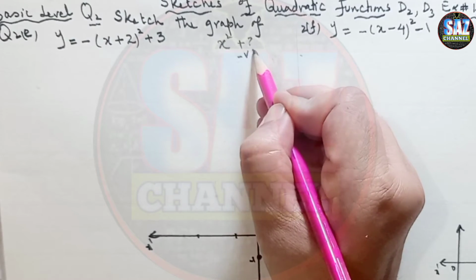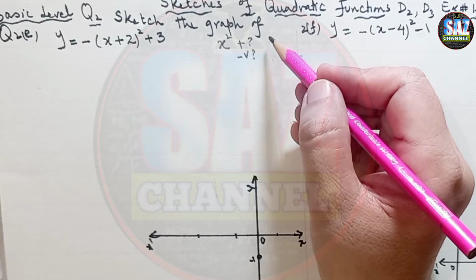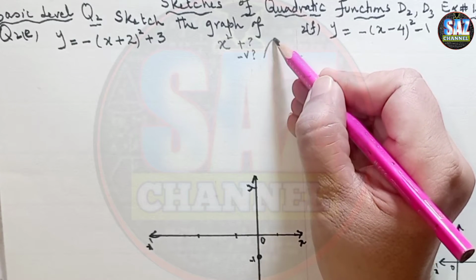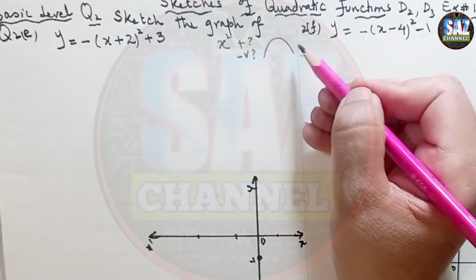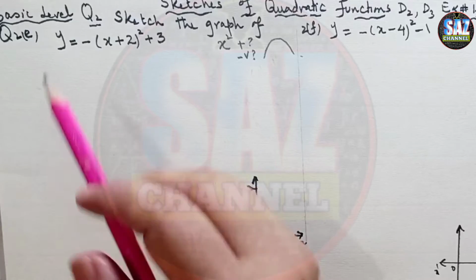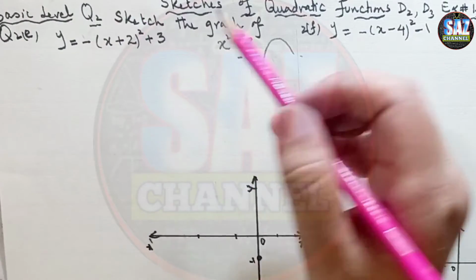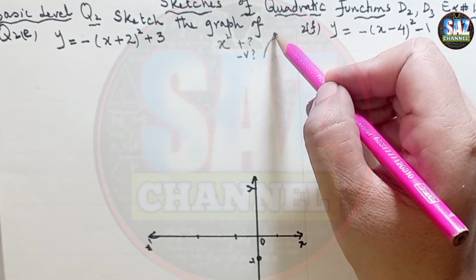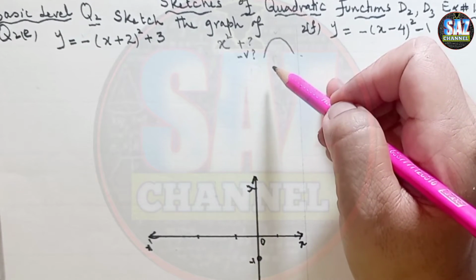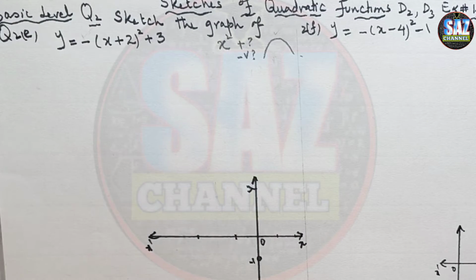And why we are checking that? Because we have to decide whether the curve opens upward or downward, and the curve has a maximum point or the minimum point, and this all work has to be visualized and imagined in your mind. As the sign of the square term is negative, the curve will have the maximum point and it will open downward. And after that, in order to sketch the graph, we have to find the intercepts.